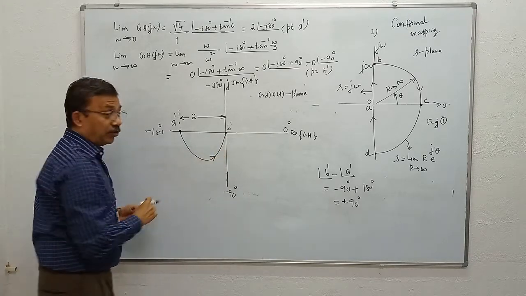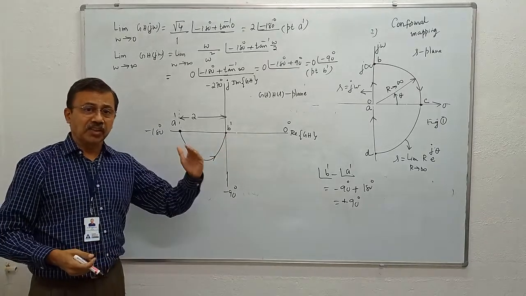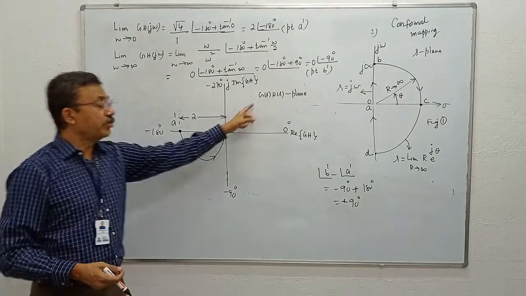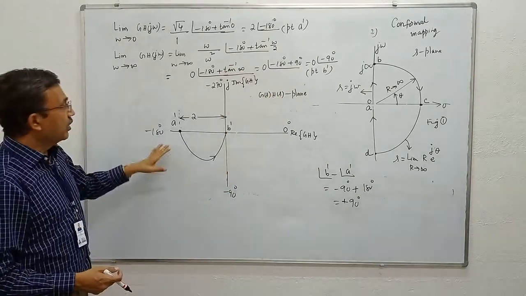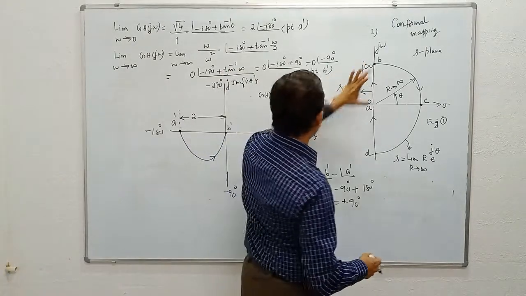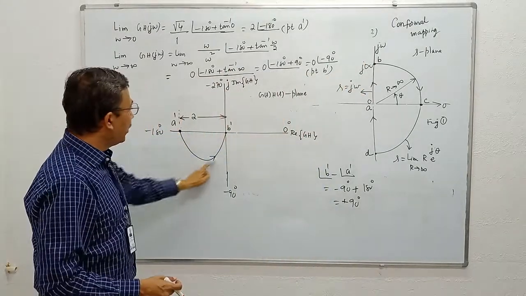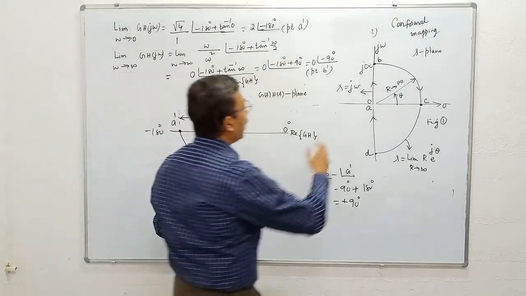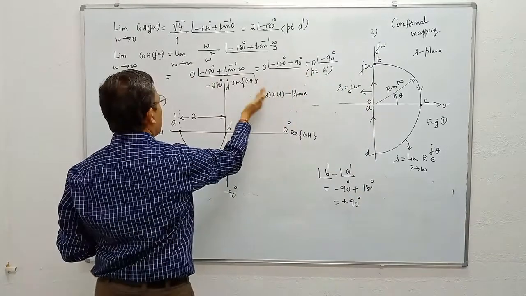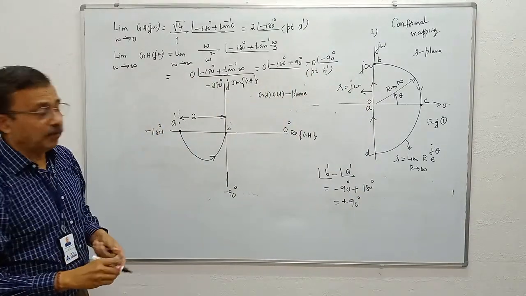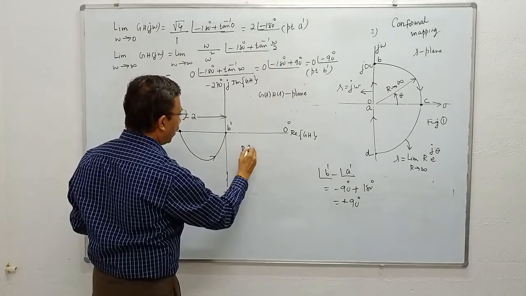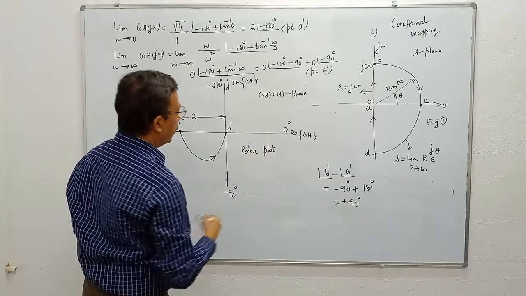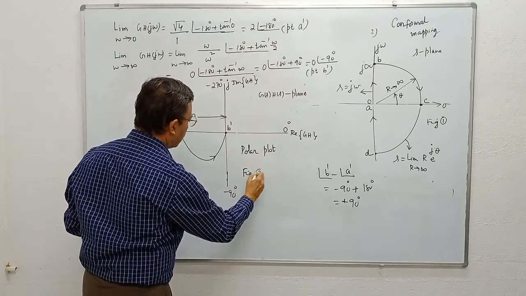The shape of the curve is not important because they are interested in the encirclement about the minus 1 plus j0 point in G of S, H of S plane. See, the path AB, which is a straight line, becomes a curve A dash B dash in G of S, H of S plane. The process of transferring path AB onto G of S, H of S plane is called conformal mapping, and this plot is called polar plot. Polar plot. This I will call figure number 2.